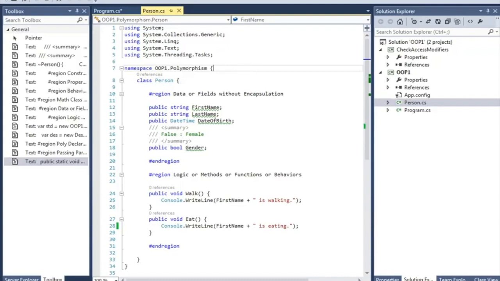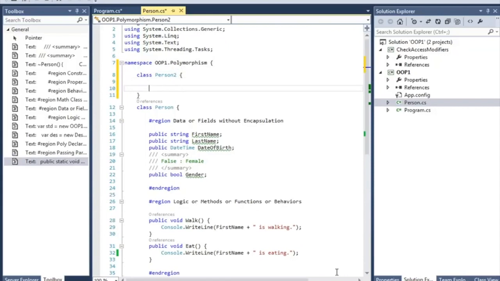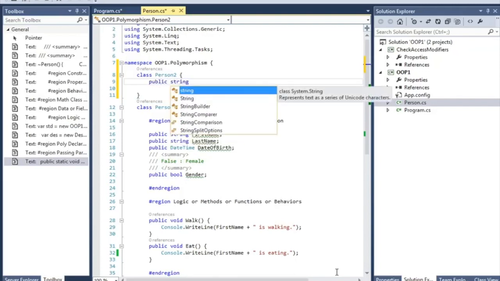So how to write a class? Let me write it again so that you can understand. Write class and the class name. In this case, person, maybe Person2 is a person class. And let's write the properties. Public, and in this case these are the fields, not properties. Don't confuse the properties with fields.